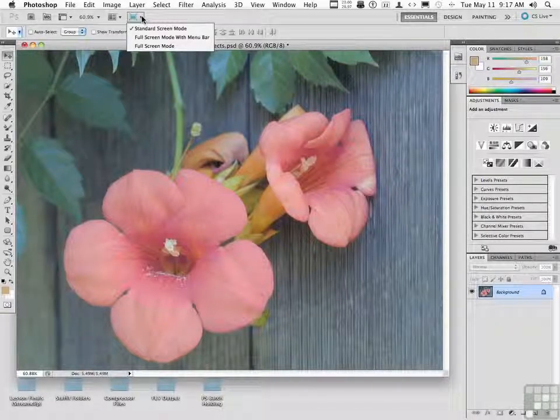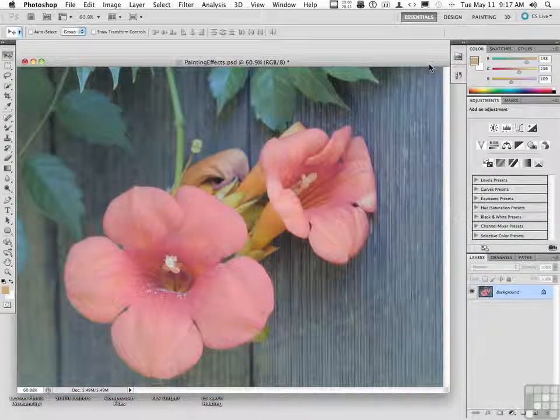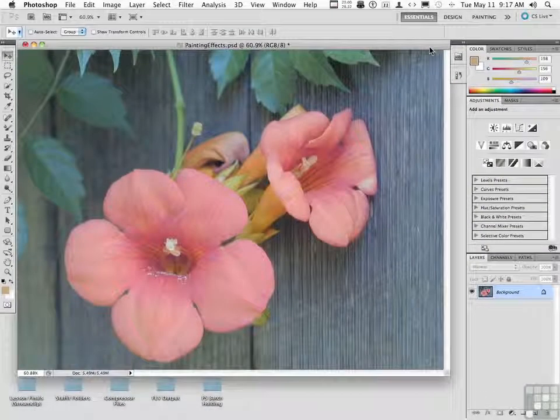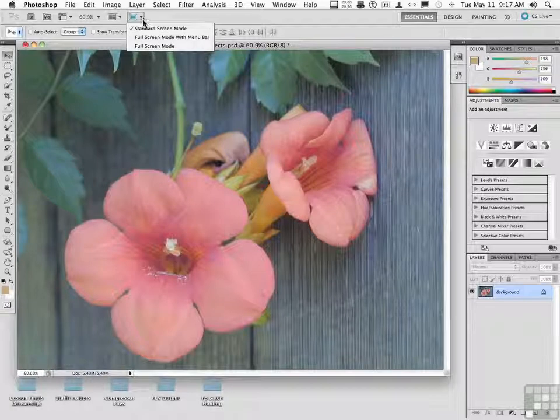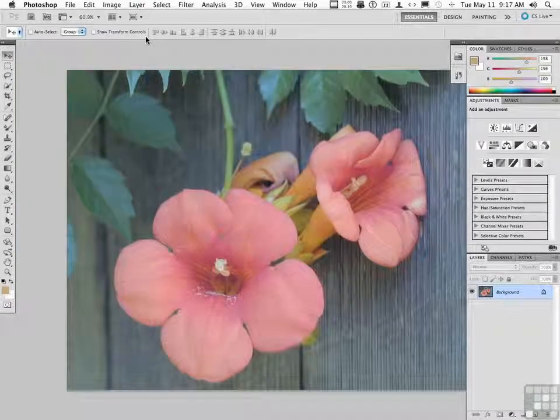You know, the background, basically, if you're on a Mac, you can see the background. If you're in Windows, it might be gray. The idea, though, is this is our standard mode. We have scroll bars. We can move the window. Everything is mobile. If we go into the first one, which is full screen mode with menu bar, it locks